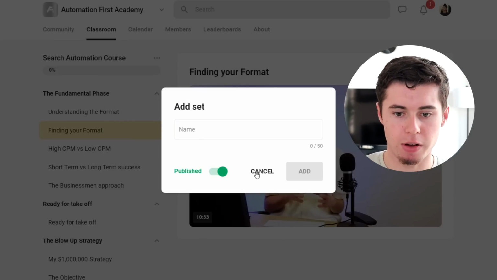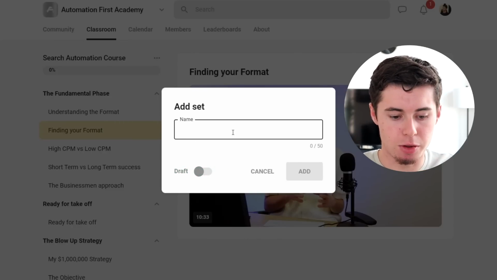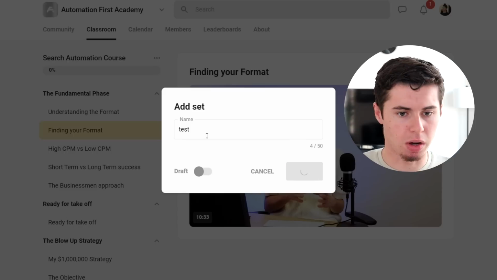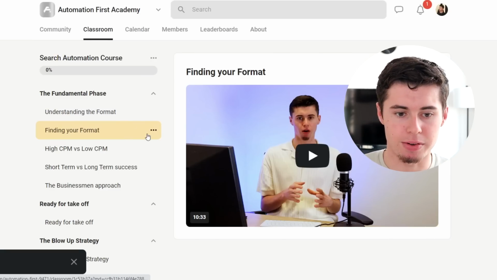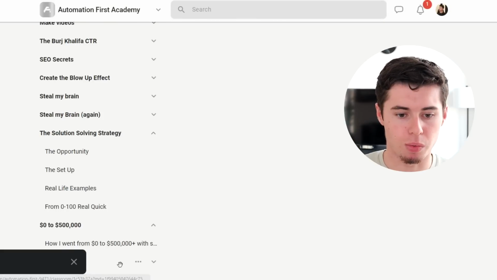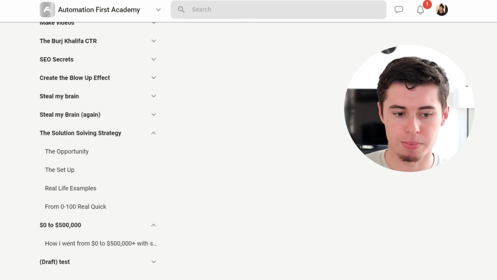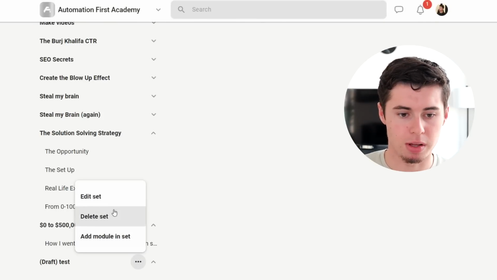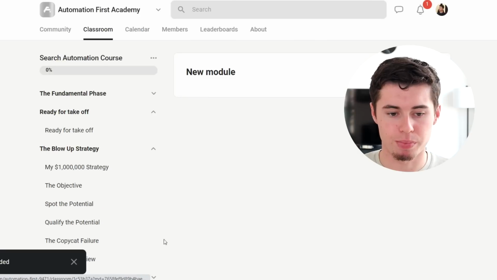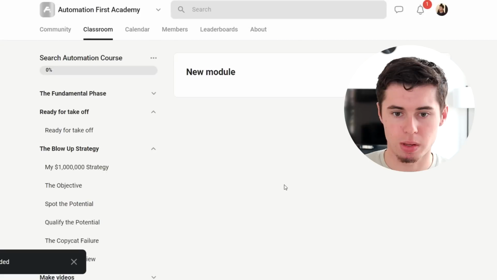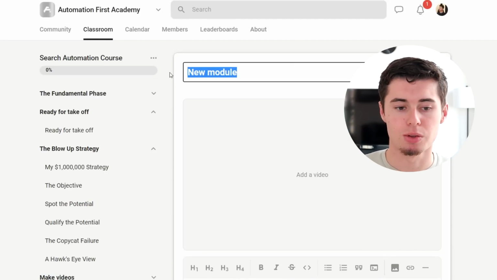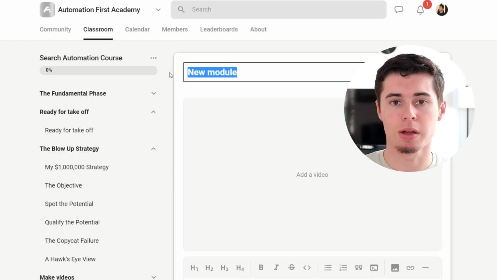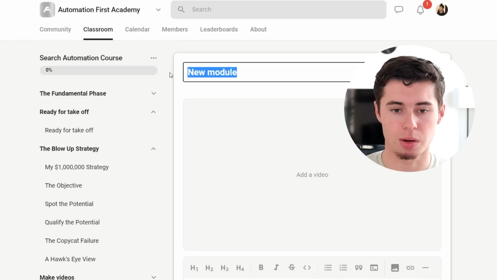So for example, if I want to add this right here, I'll quickly add it as a test. All of that is very easy. You can very easily add the courses, this and that. There's nothing hard about that. If I then scroll down, it should show up right here. Yes, it does. It's in draft. I could then add a module, which I have just done as well. And then as you can see, I can give that new module a name, which is fantastic. So the entire interface and how you set up a new program inside skool.com is fantastic and really easy to